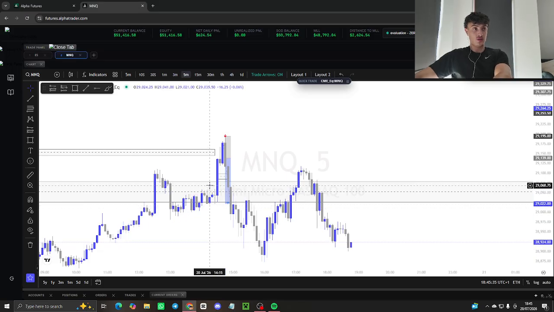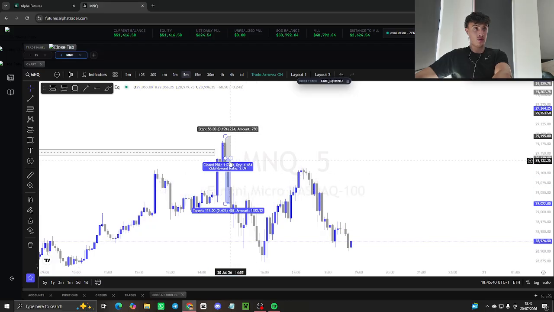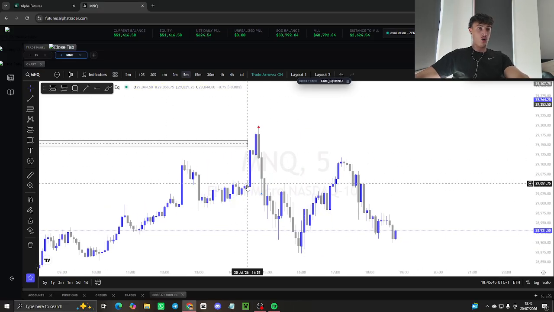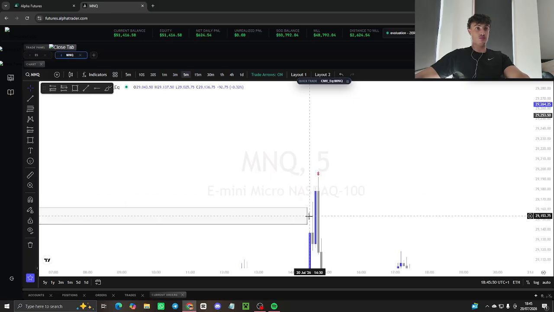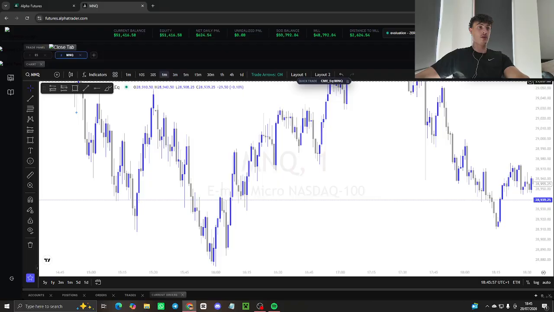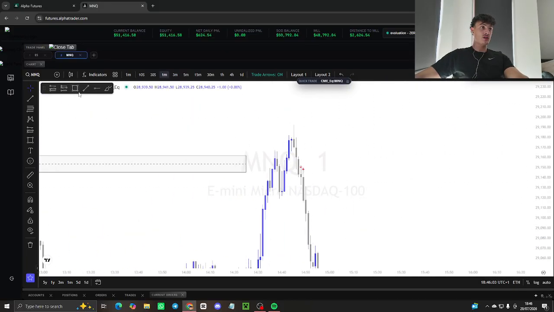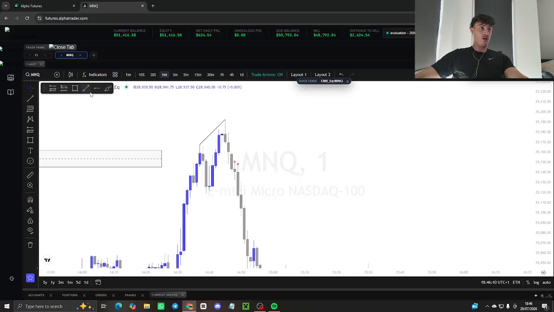let me just cut all this out for you. There we go. Yeah, so essentially market opened here, and we literally traded straight to this 1-hour gap, and then I was literally just looking for a good confirmation on this 1-hour gap. So as you can see here, came in, there wasn't an S&T, but we did break this low